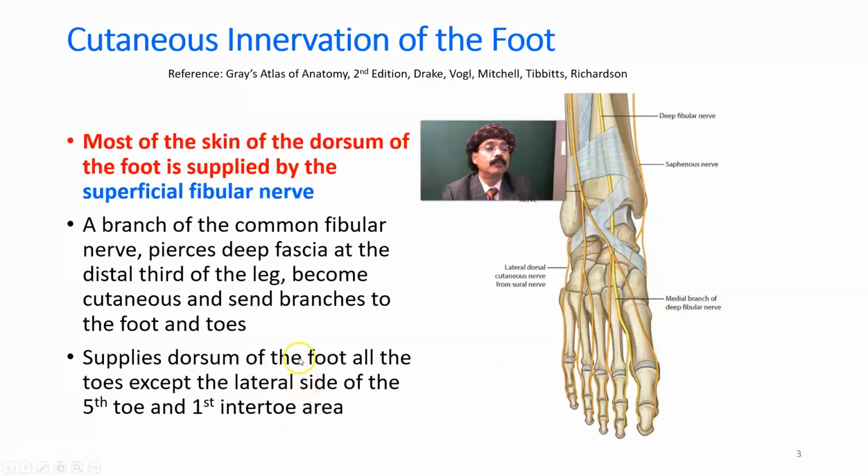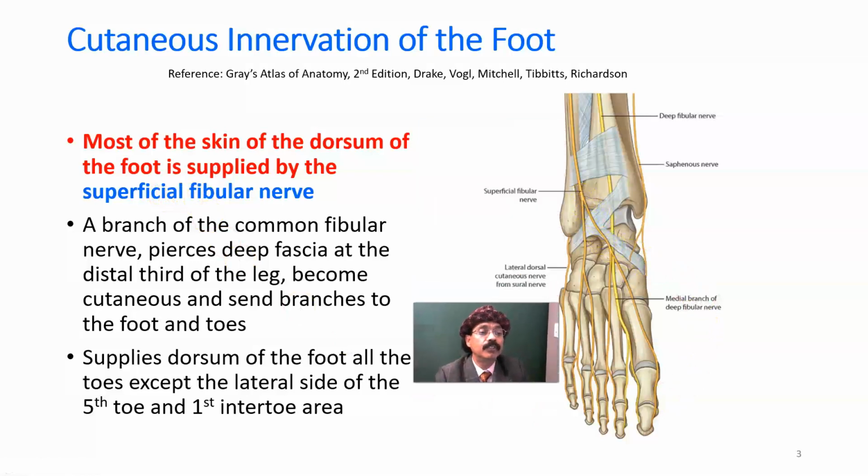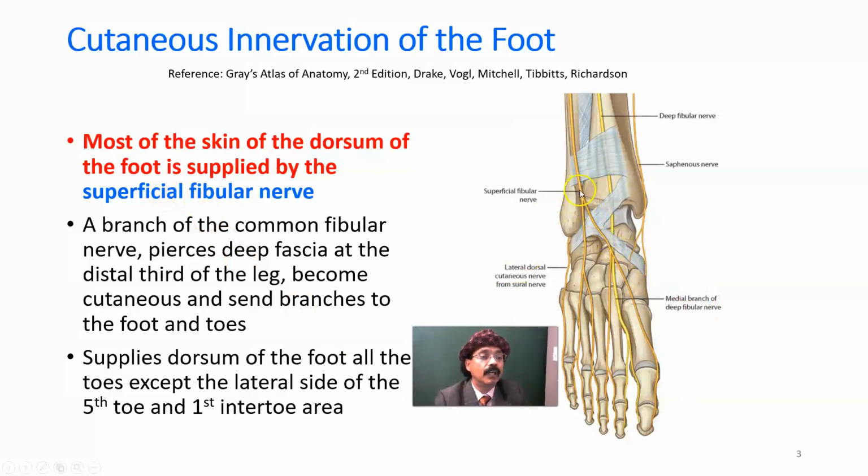Okay, so we'll go to the cutaneous innervation of the foot here. Most of the skin of the dorsum of the foot is supplied by the superficial fibular nerve. This is the superficial fibular nerve. This is a branch of the common fibular nerve. It pierces the deep fascia in the distal third of the leg, becomes cutaneous, and sends branches to the